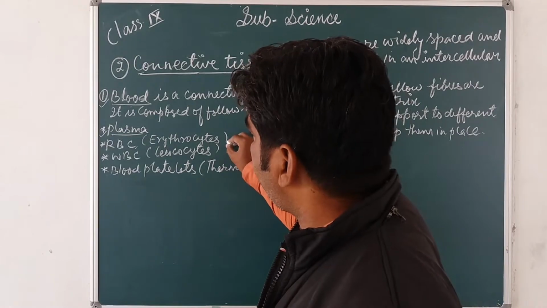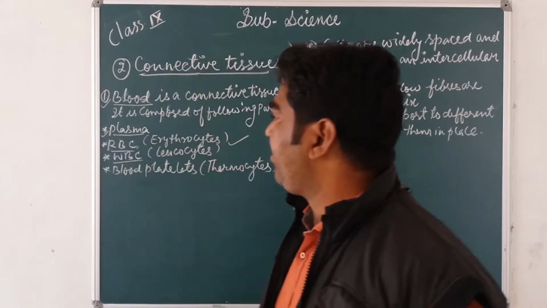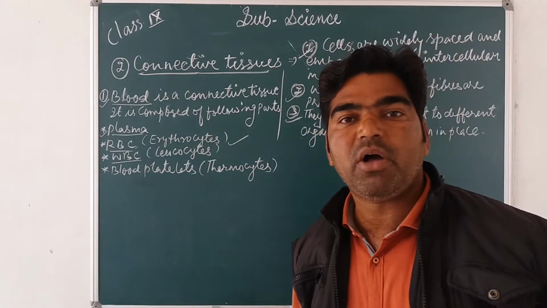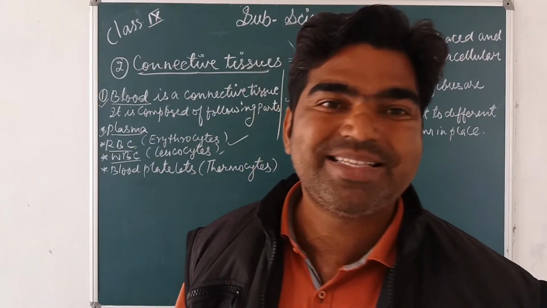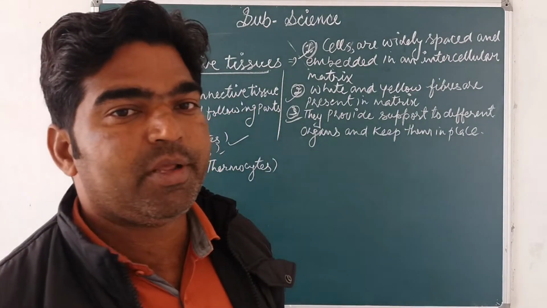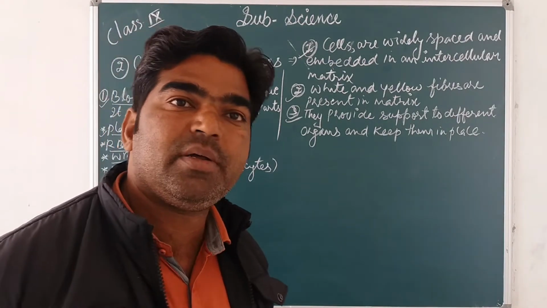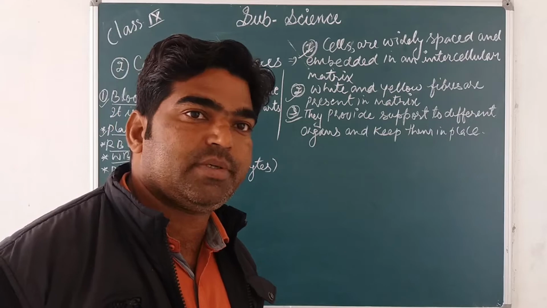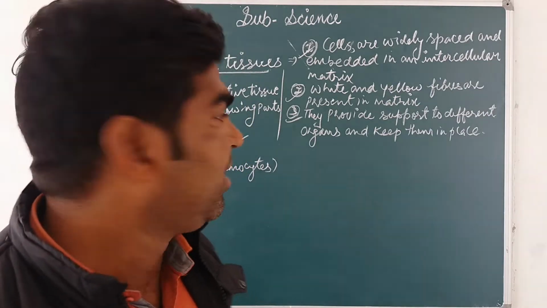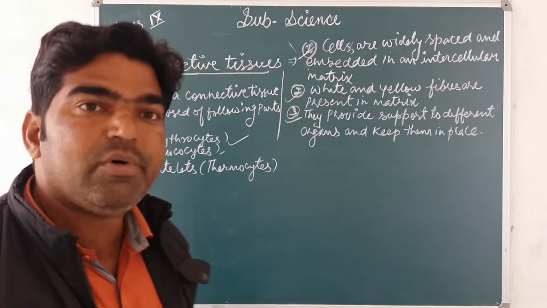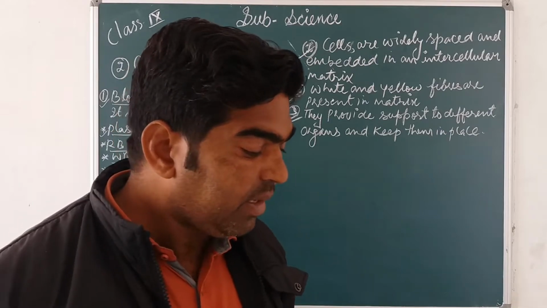This is also known as erythrocyte. Now the next one, the third one is WBC. WBC means white blood corpuscles. White blood corpuscles are also known as leukocytes, and these are known as the soldiers of our body. They provide immunity or fighting power against germs. The protection against viruses, bacteria or germs is given by WBC. That's why it is known as a soldier of our body.